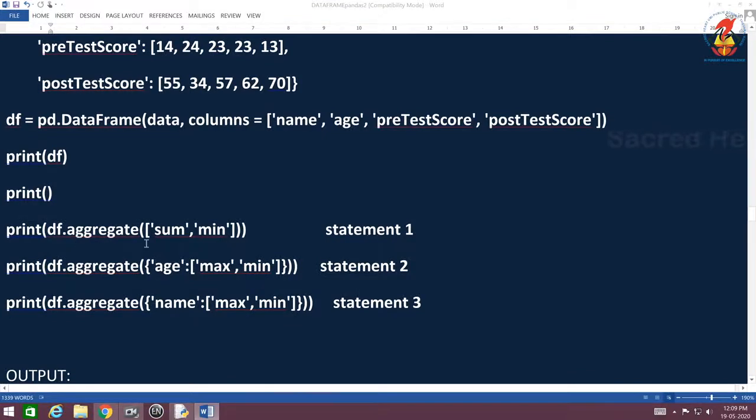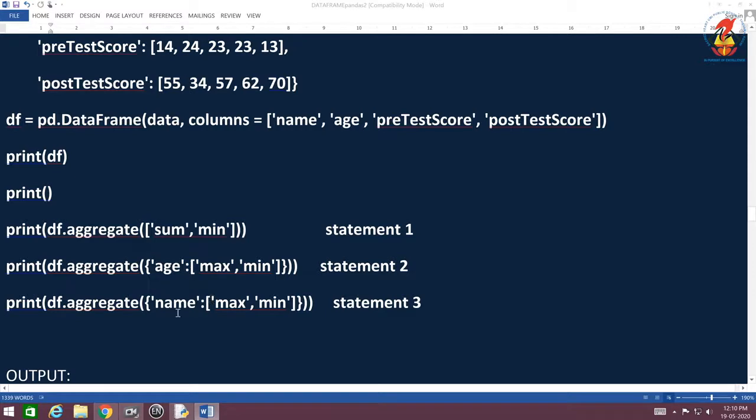The style of applying is to write down the sum and min inside the aggregate function as a list, with the quotes in the brackets. When you have to specifically create it with the help of one column, give the column as the key and give the aggregate functions as the values. Again the same thing here, this is to make you understand that even a string value will work.